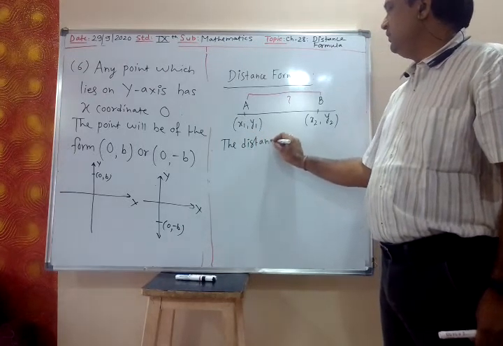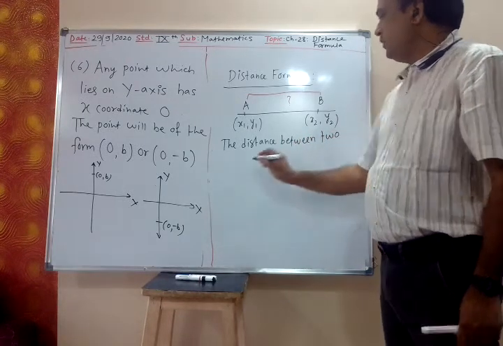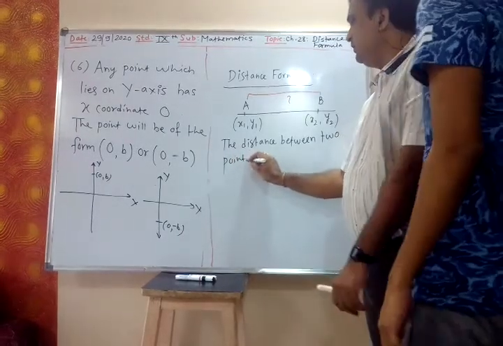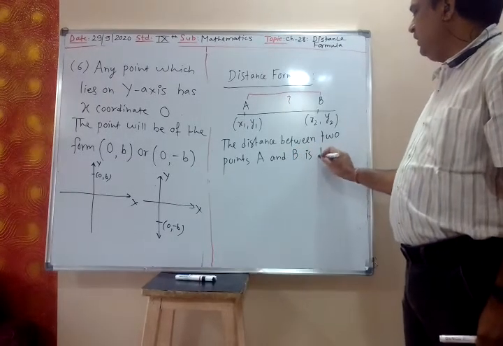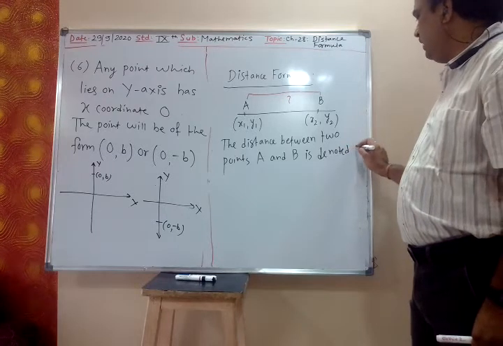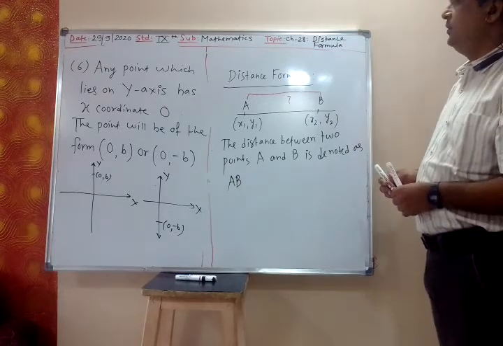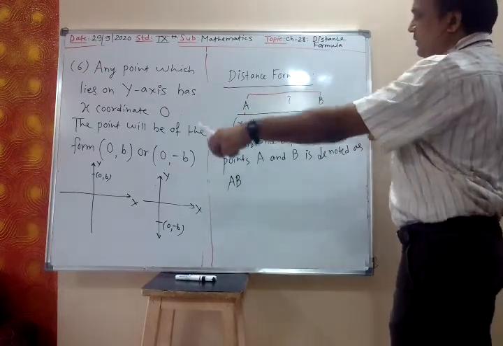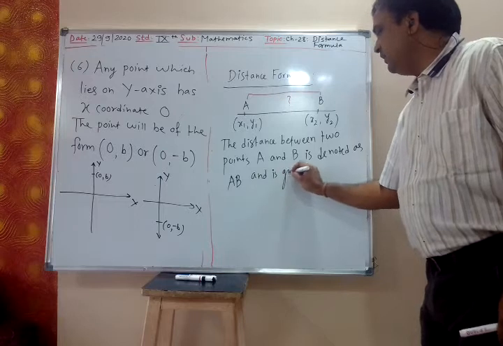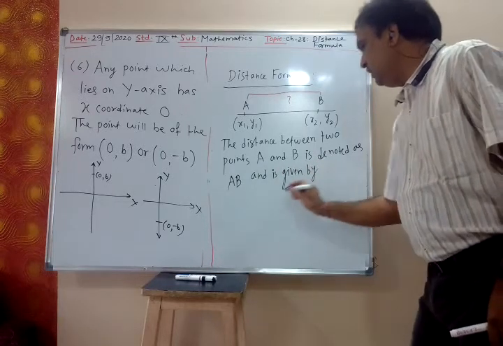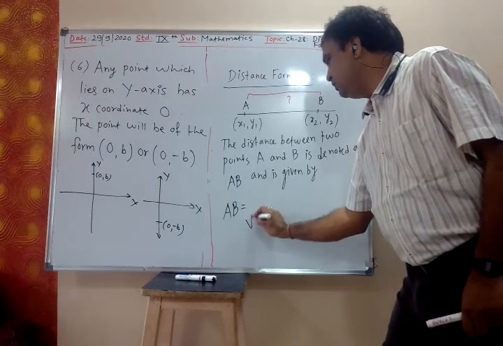The distance between 2 points A and B is denoted as AB, and is given by the formula square root of